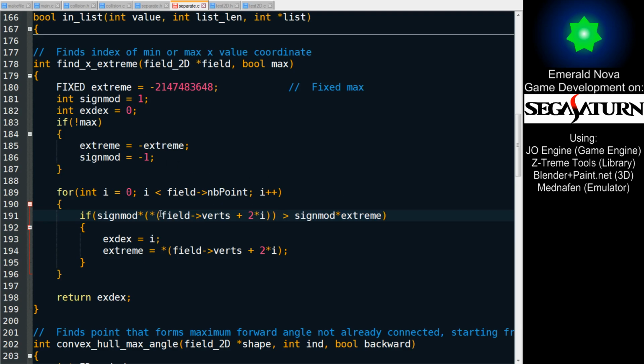We're going to find the value of wherever we're at. And sign mod -1 times... We've already flipped this, so that's going to be positive. So we have essentially accomplished nothing special here. This evaluates the same thing. If this is greater than positive, -1, so if this is greater than the most negative fixed number, when I